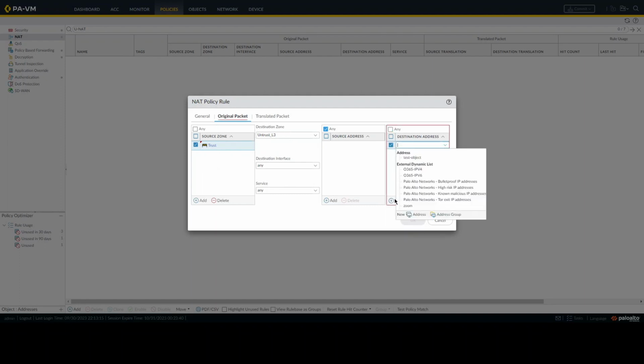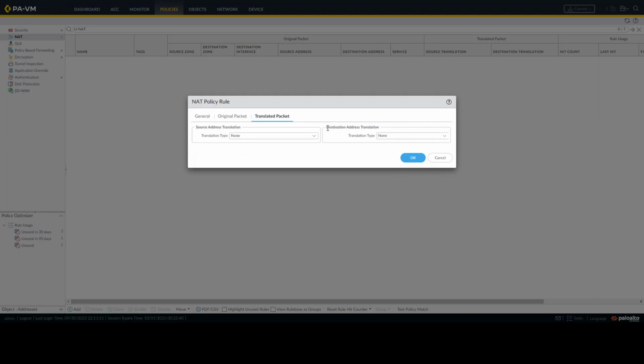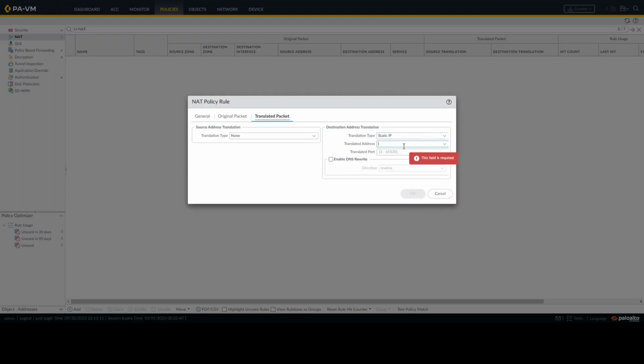So we need to define the IP of this untrust IP, which is 10.40.40.1. And in the translated packet, this destination will need to be translated to the real server, which is the web server. For the translation, we need to use the destination address translation here. We can set the static IP address, which is